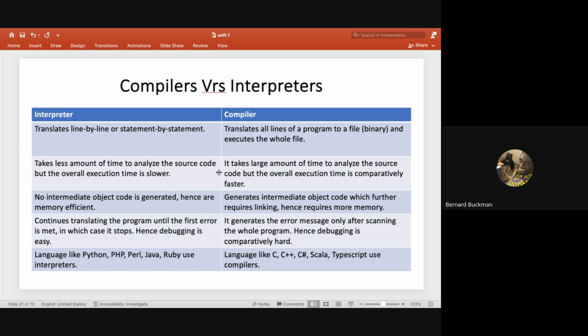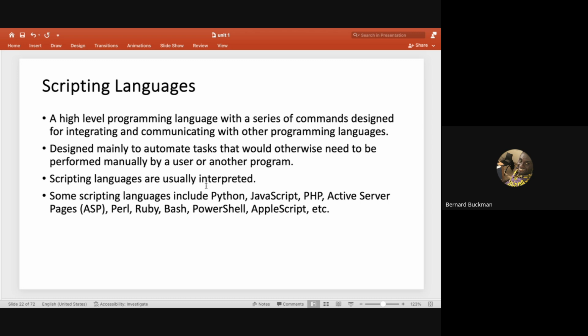Okay, so I have summarized in this table a few key differences between compilers and interpreters, and examples of what is classified as a compiler and what is classified as an interpreter. These are the key things. I think some of this is in your module, but you can use them as general knowledge so that you can get the needed background to understand the programming we are about to do.